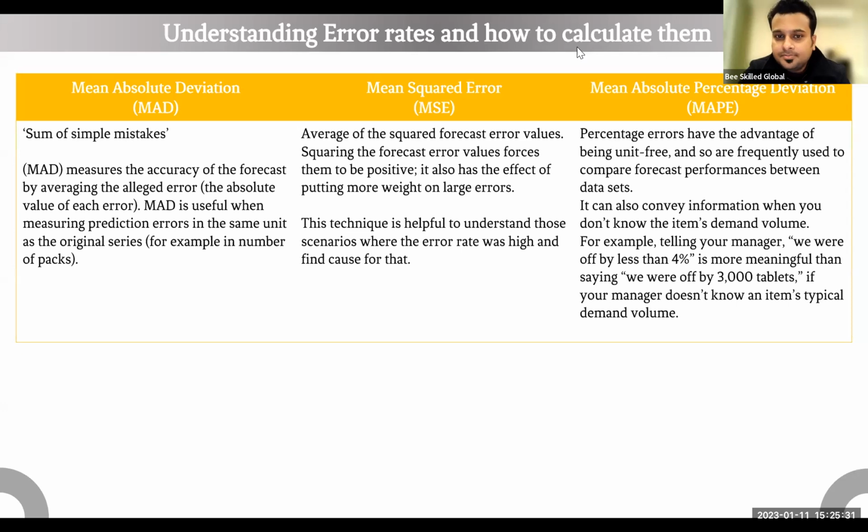How far were we? Now, another indicator that we use is called mean squared error. Now, this is helpful in those cases when we want to understand where the error rate was very high and then find the cause for that. What it does is it puts more weight on large errors, which